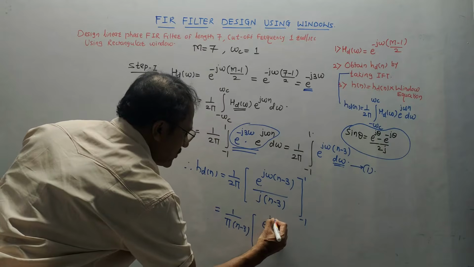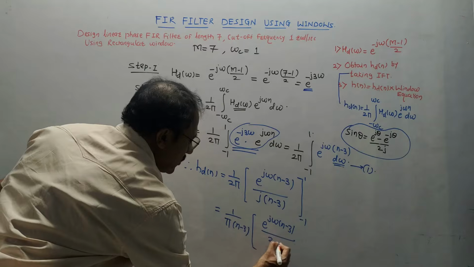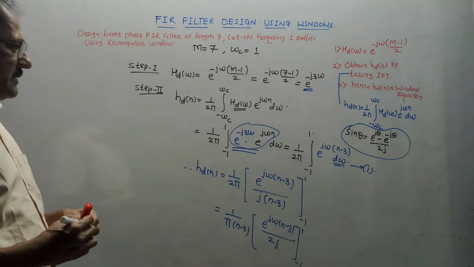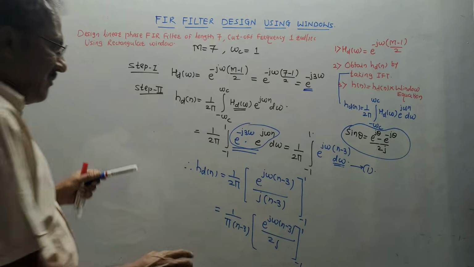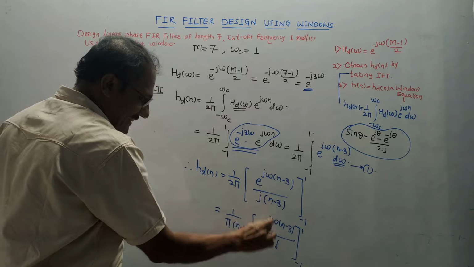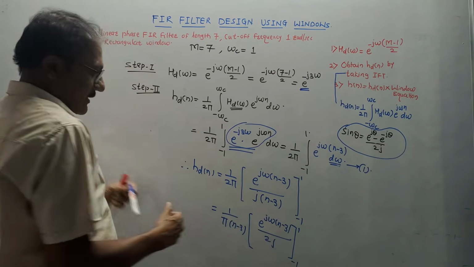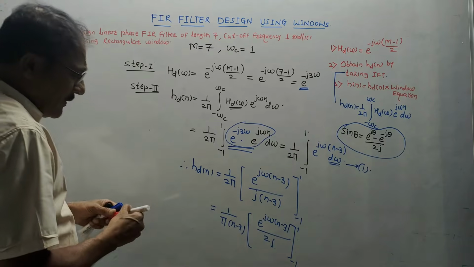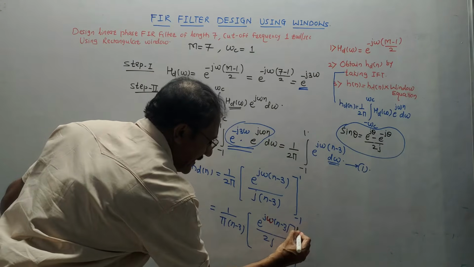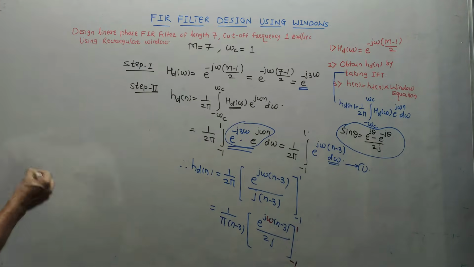So e raised to j omega n minus 3 upon 2j. Limits are, again I haven't yet put the limits, minus 1 to plus 1. What I did, this n minus 3 is taken out, 2 is taken inside the bracket to adjust the value, to get the value 2j in the denominator. Now, in place of omega, I have to put the upper limit and then the lower limit. So the next equation can be written as